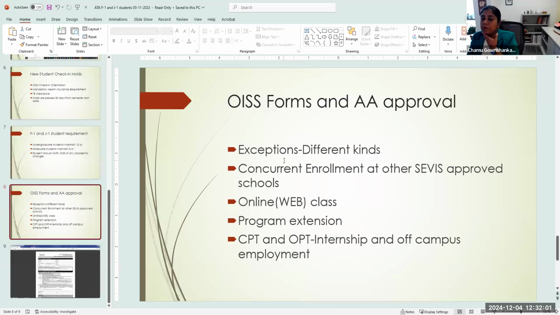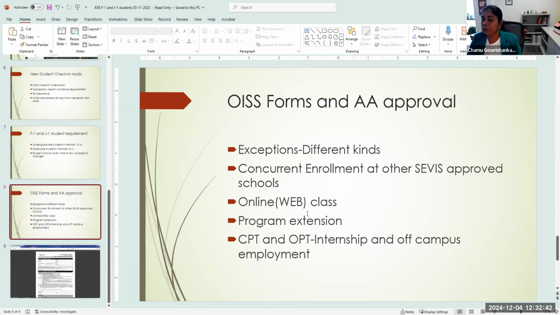And then another form that you would see is called the concurrent enrollment form, where a student will be taking classes here at Wayne State as well as at another school like a community college. So in that way, when we pull a report, we are only going to see part of their enrollment, right? So what are they doing with the remainder? And when we have this form in place, we know that the student is registered for the rest of the courses. Like let's say 7 here, we want at least half, 6 or 7 here, and then the remaining they can take at a community college. And then they provide their enrollment information from the other school. And then you would approve it.